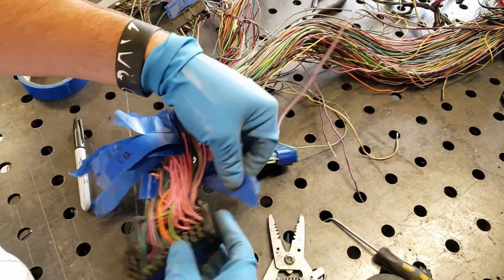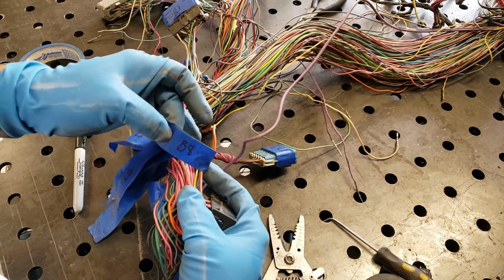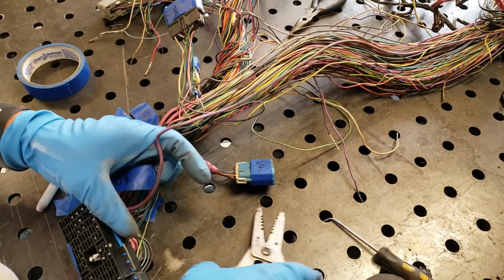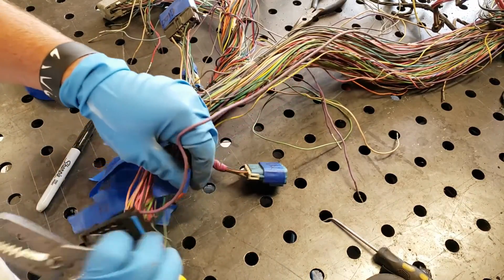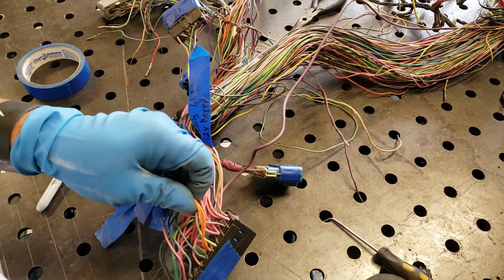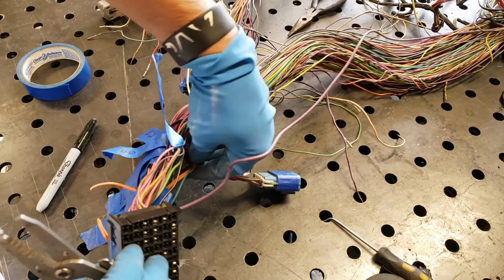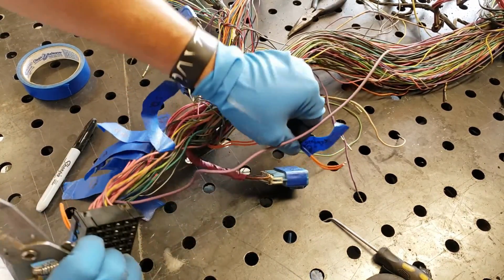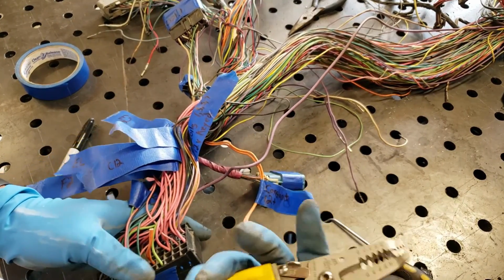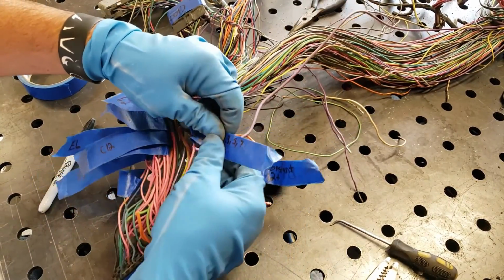So back to these. You have a constant 12 volt that is going to be B8. All you're going to do is come down here close to your fuse block, right here. I label every one of these, and you should too. You're going to snip it. Then you'll just take that, you're going to pull it out. So forth and so on. I'm not going to snip them on camera, because it'll slow down the process. Anyhow, we have